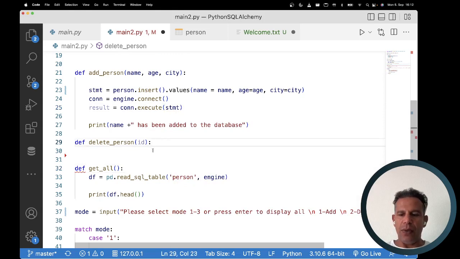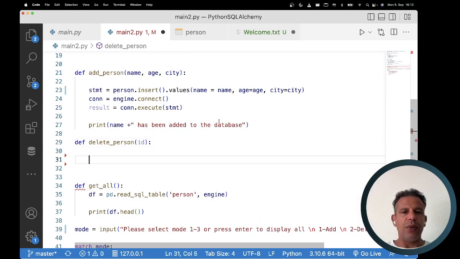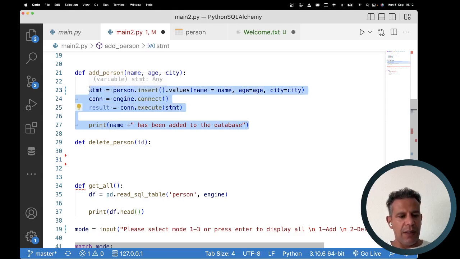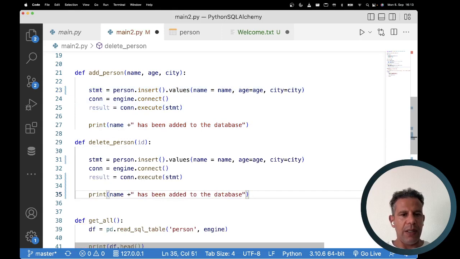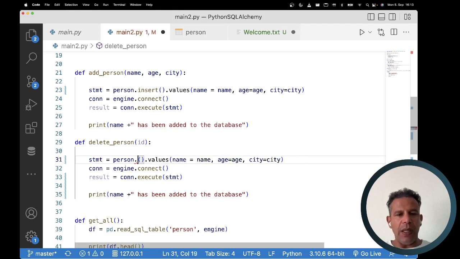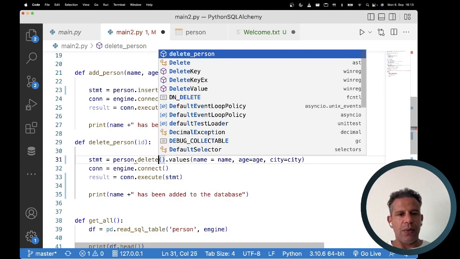The syntax for delete is going to be similar, so I'm just going to copy and paste here. So our statement is not going to be an insert statement, it's going to be a delete statement. So delete,